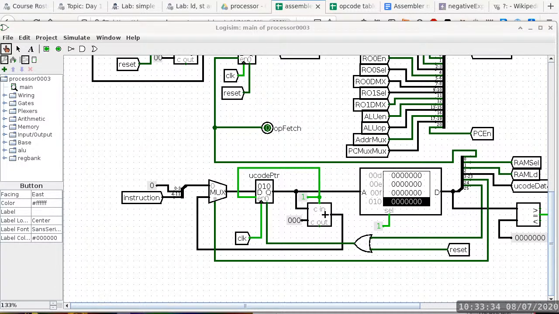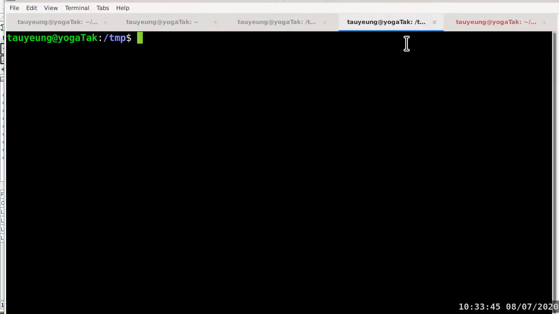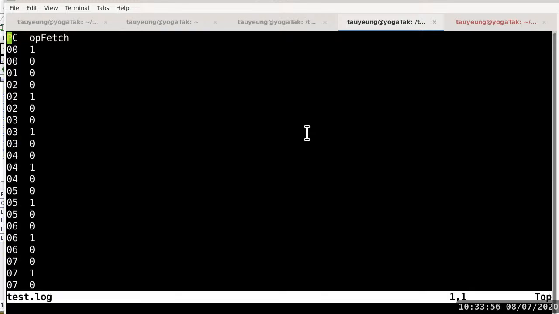And then what I'll do is use a text editor to show you what it looks like. All right, so here we go. And we'll take a look at test.txt. Nope, I called it log. There we go. So this is the output of the log facility. The program counter is the first column, and then OP fetch is the second column. And you can see that whenever one of these two gets updated, it creates a new entry in the program counter